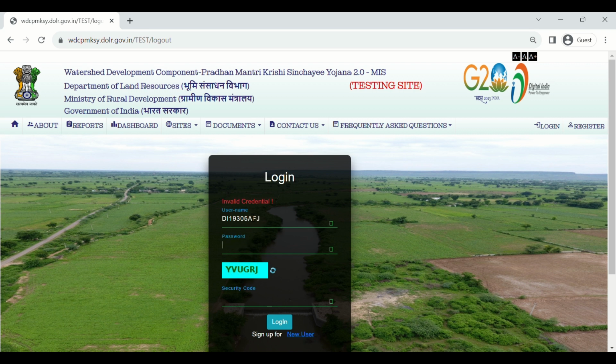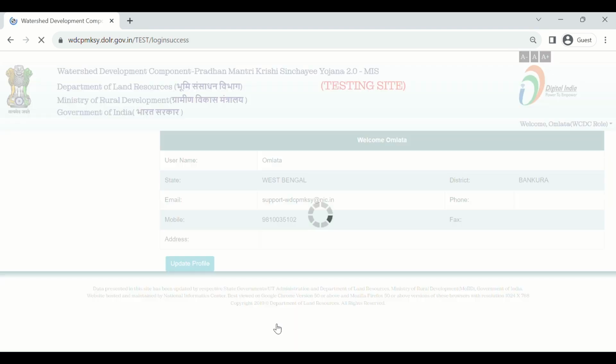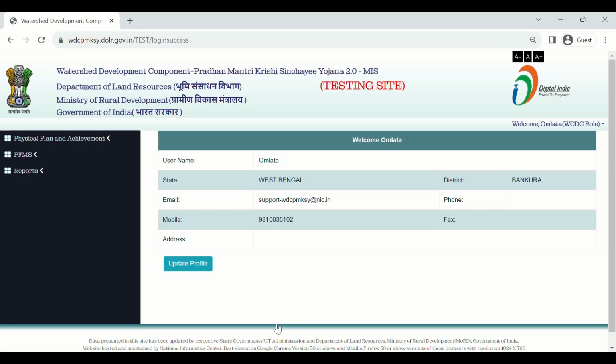Enter the password. And enter the security code. Click on login. Now you have logged in successfully.